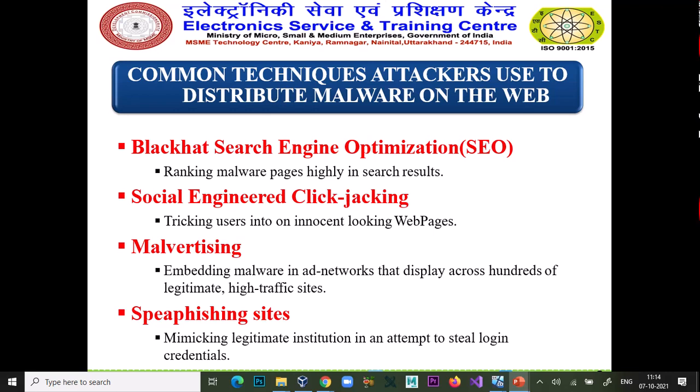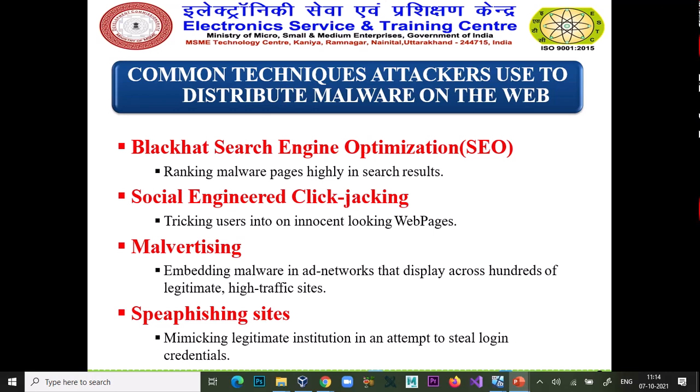Social engineered clickjacking, tricking users into clicking innocent looking web pages, as we have done so much practical of social engineering. Malvertising, embedding malware in ad networks, as we have discussed about the pop-ups that come to your browser many times.